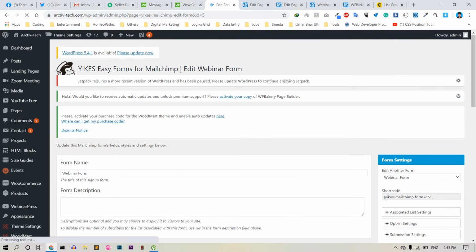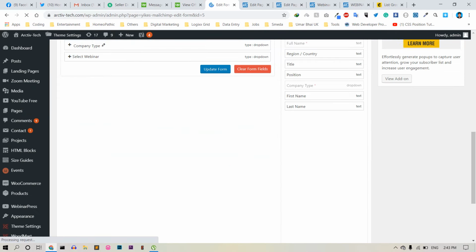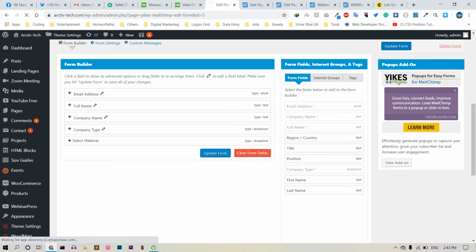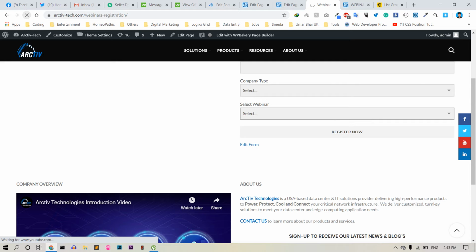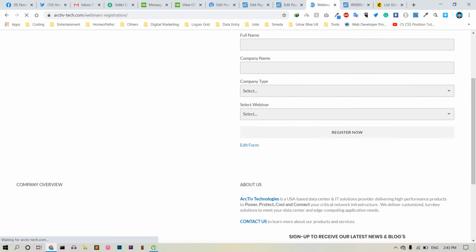So the cache is cleared, and you need to just update the form. And if you refresh the webinar page, it will show you only two options, because we have only two options